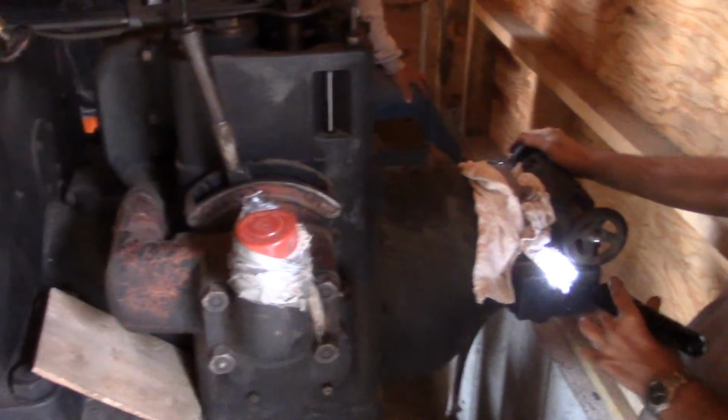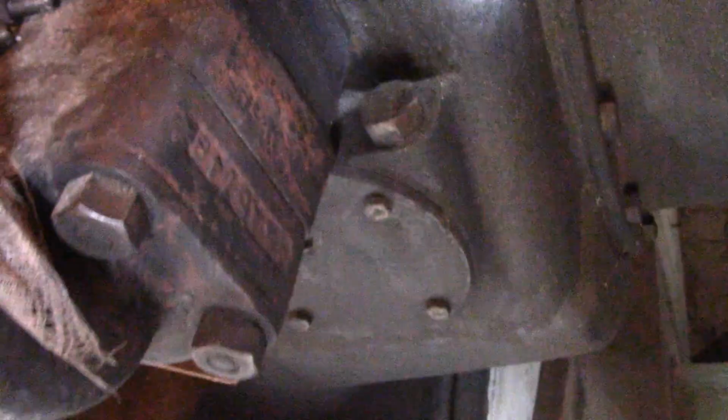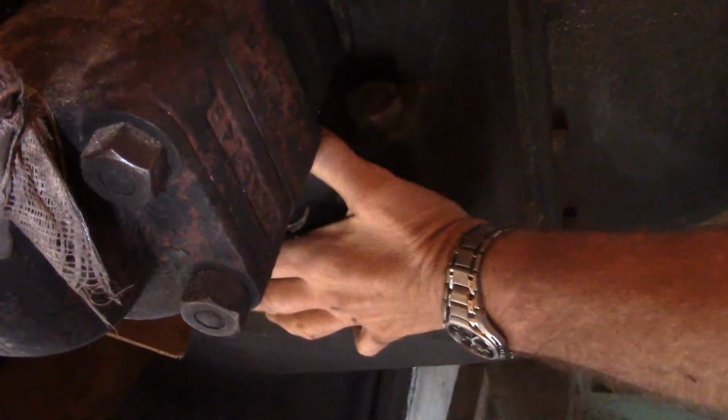How about this now? What is that? That's the bolt that holds the two case halves. Oh, okay, that's nothing. You can probably take this plate off and see some things, but other than that,